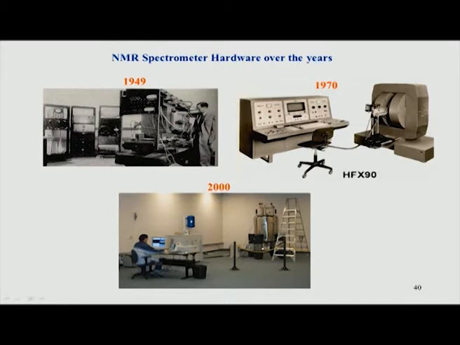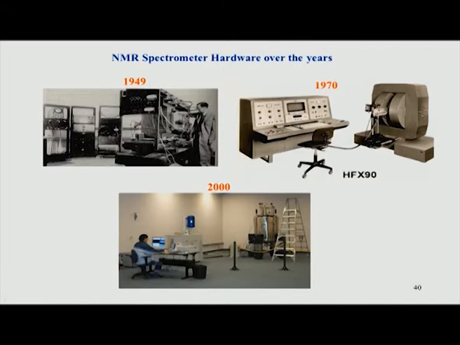The current-day systems look something like this. You have what is called a magnet, which is what is shown here. We will see more pictures of this as we move on. This is a superconducting magnet, and this is where we keep the sample. This box here contains the electronic components which control the sample and the experiments, and all this data is finally analyzed in a computer which gives you the spectrum. The Fourier transform etc. is performed in the computer here. So, this is basically the setup of an NMR spectrometer.